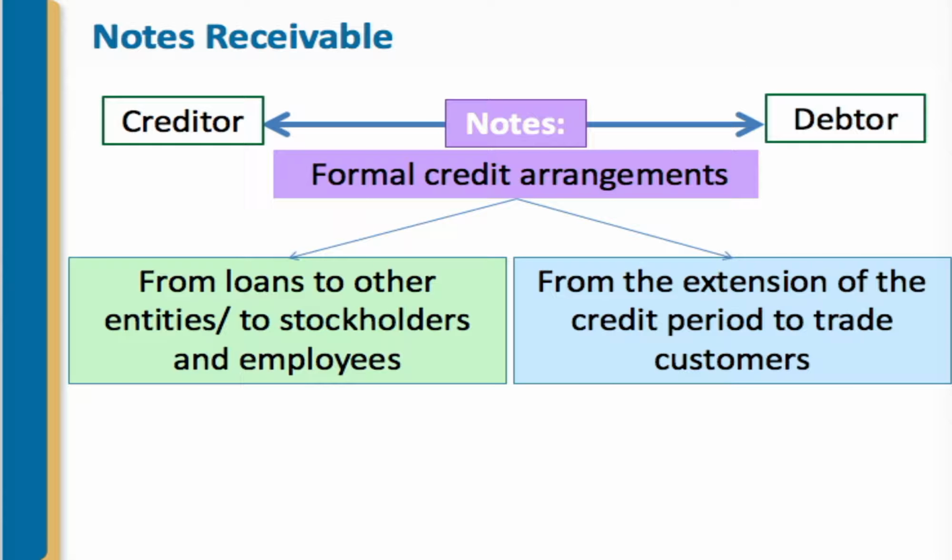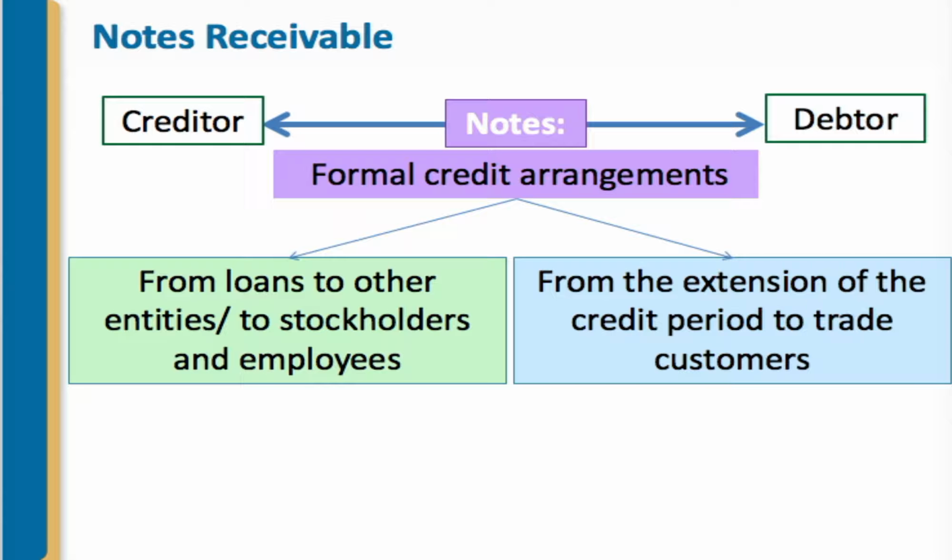So this is part 2 of the Chapter 7 lecture. We're going to start by talking briefly about, well, I guess maybe not so briefly, but at any rate, talking about notes receivable. So notes receivable are formal credit arrangements between a creditor who's the lender and a debtor who's